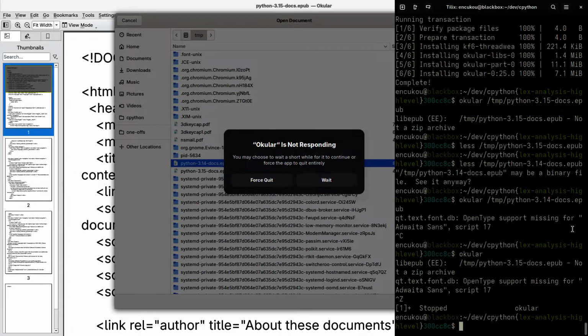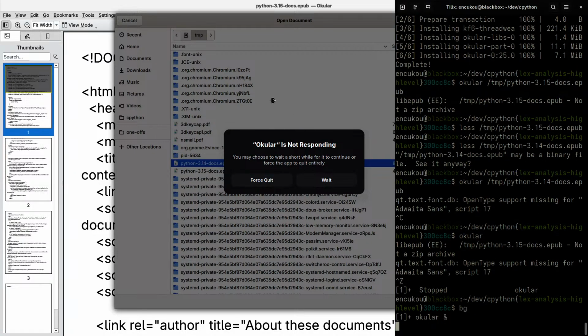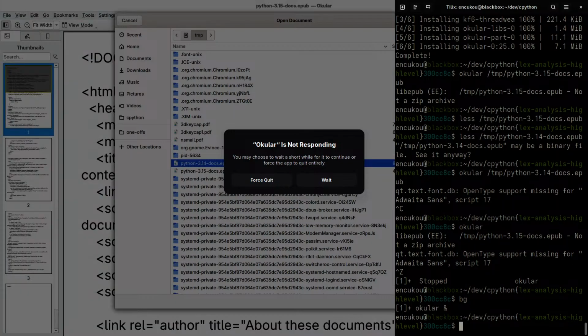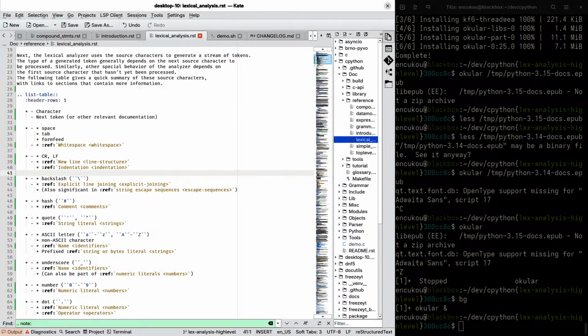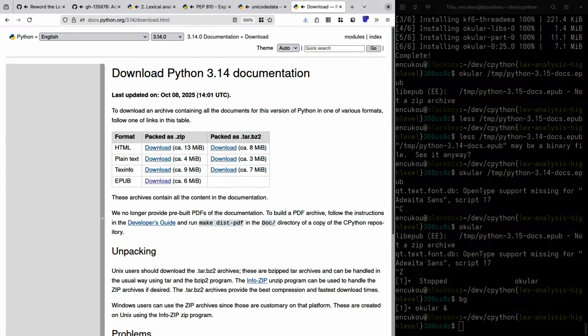Interesting. I have a weird use case for PDF documentation and easy to use forms of offline documentation, which is that I fly fairly often, and often internet is expensive or not an option. And being able to actually write code without having to download an HTML version of the docs. Oh, it just loaded. Goodness gracious. It is giant.